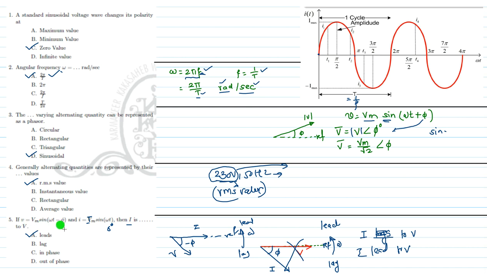If V is equal to Vm sin(omega t minus phi) and I is equal to Im sin omega t, then what is the relation of I to V? I is taken as the reference, so phi is 0. So I is the reference, whereas voltage is lagging the reference by 5 degrees. You can observe it is minus 5. Lead is on this side, lag is on this side. So I is on the leading side, whereas V is on the lagging side. So I leads V, or you can say V lags I. So here I leads V. That is the correct option.